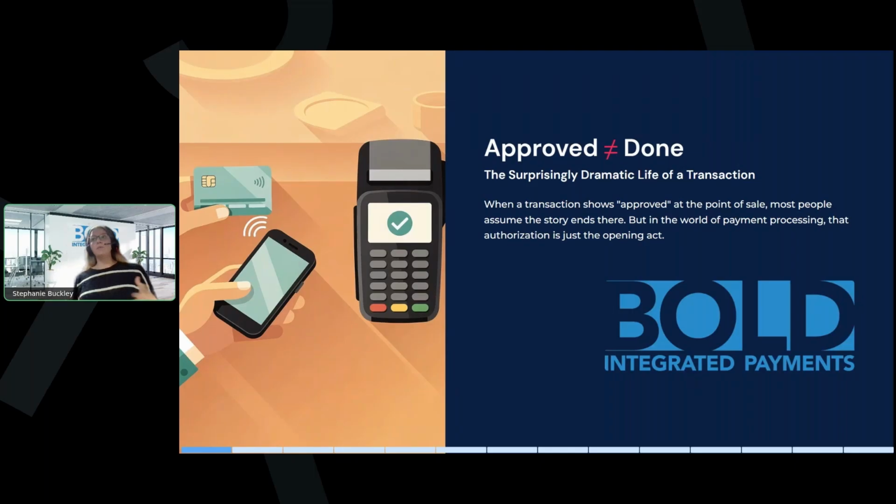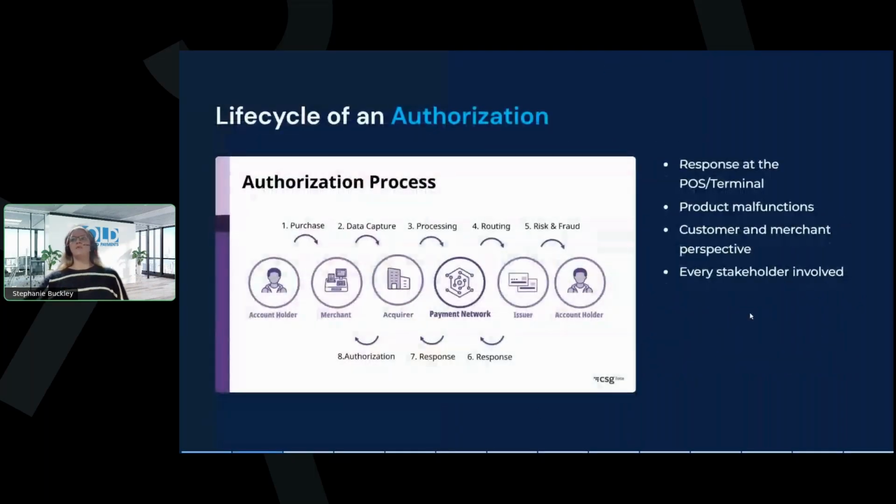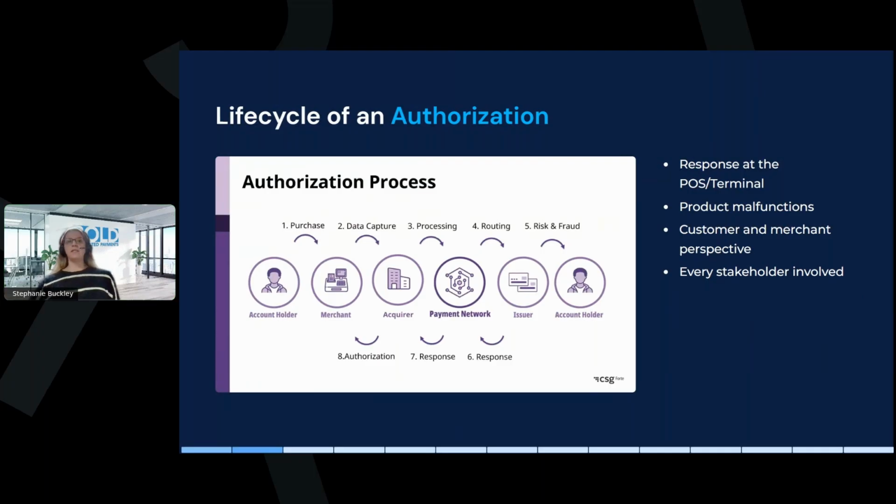So today we will be discussing the journey of a transaction through the eyes of the merchant, the processor, and the ISO. And basically, why does a transaction that's approved at the terminal not necessarily mean that it's approved for the account? So everybody knows that when you go into a store, go into a restaurant, you are going to have some sort of payment that goes through that includes an exchange of goods and services for money. And in the eyes of the customer and the merchant, that's basically where that process stops.